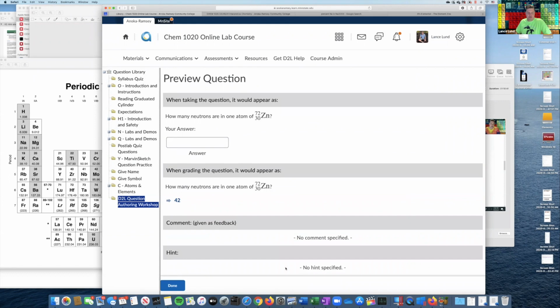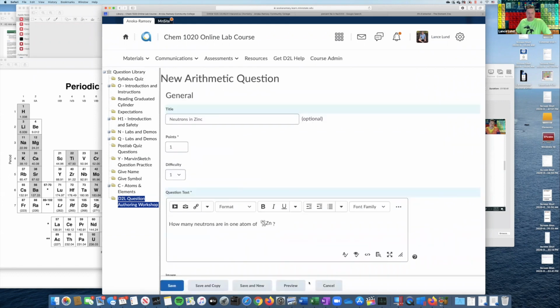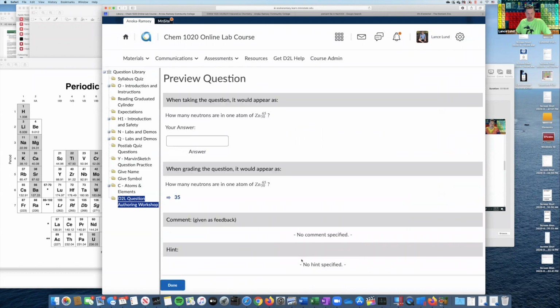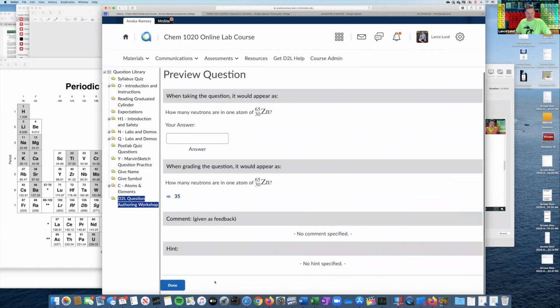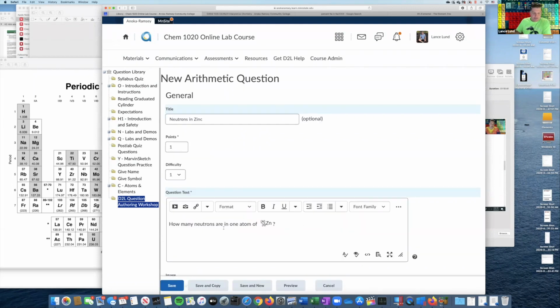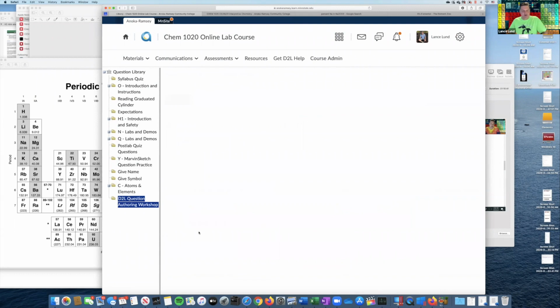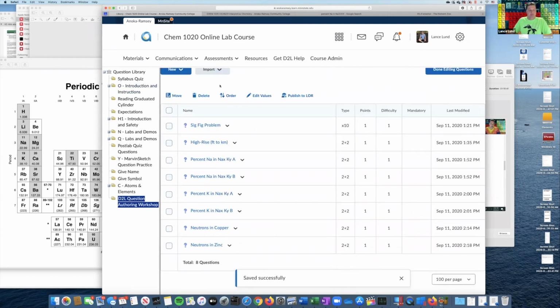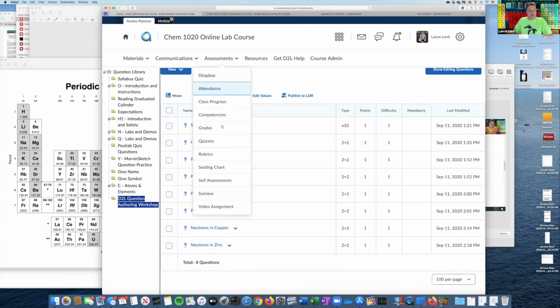We preview it. And I'm glad we make a few mistakes because, again, it shows the importance of always checking your work and making sure that things show up the way that you want it to show up. All right, let's save this one. So now we have 2 questions here. Now we want to come back and put them into